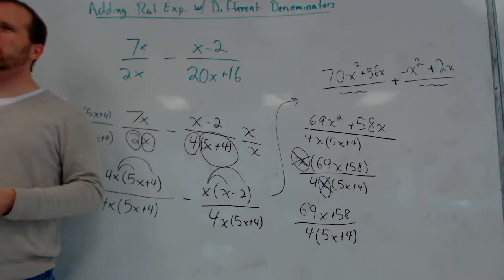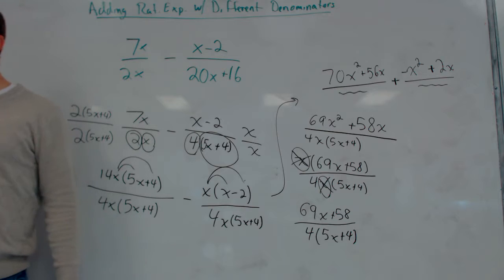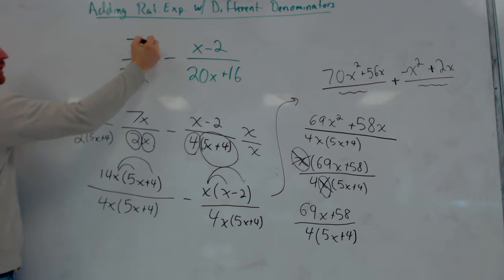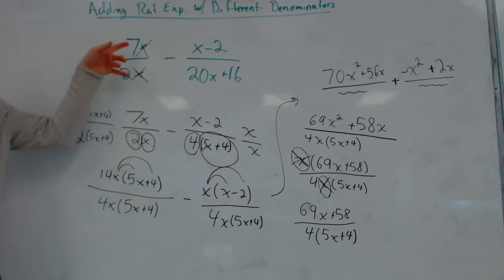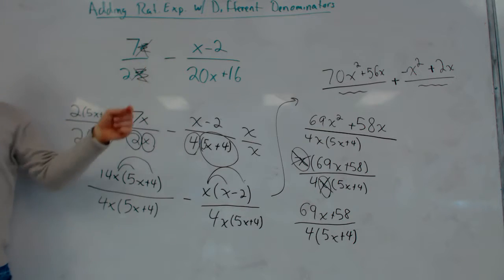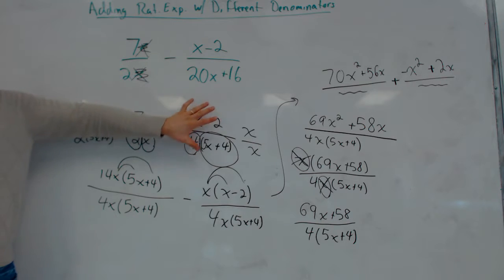Okay, does anyone see the shortcut on this? There is a shortcut. Just on this particular problem. It's in the very first step. You just cancel the x's. Yeah. You could have canceled the x right here. You just put an x over x. Cancel. I could have canceled them right here, and then I wouldn't have had to multiply this fraction times x